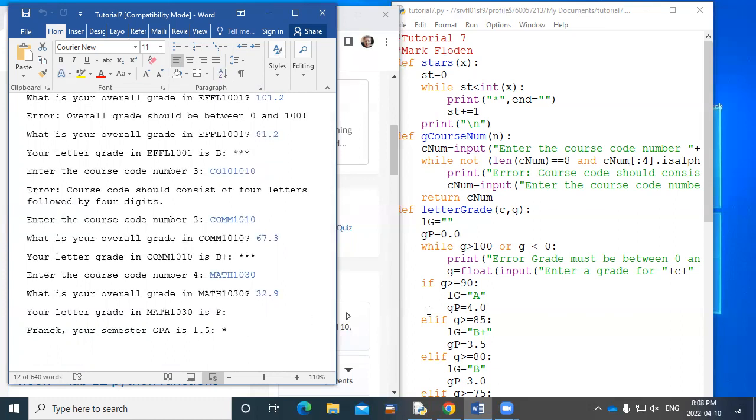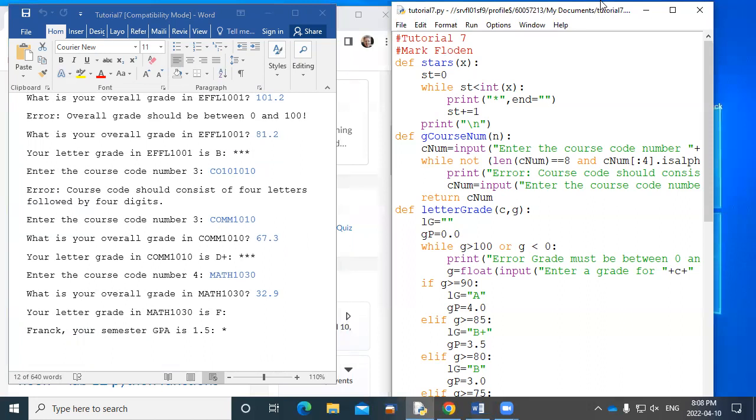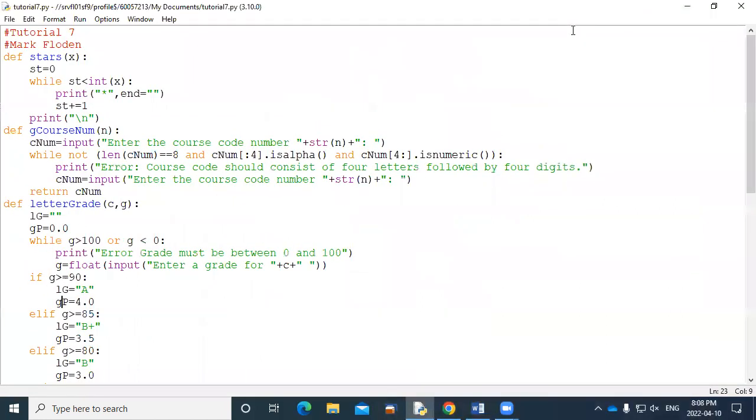So let's have a look at how we would do that. So I actually went and wrote the program because, to be honest, to write this program in front of you, it would take more than a half hour. And we only got a half hour on Zoom, right? So I actually wrote it ahead of time, but let me try and explain to you how it goes.